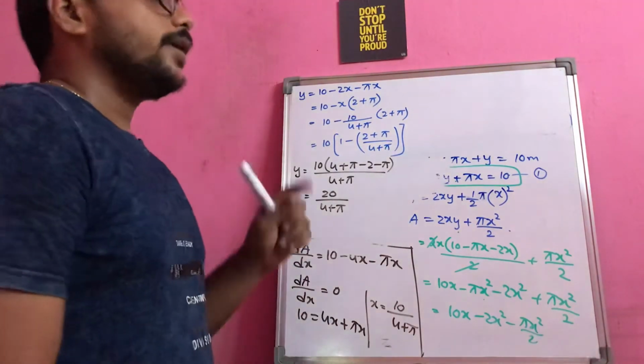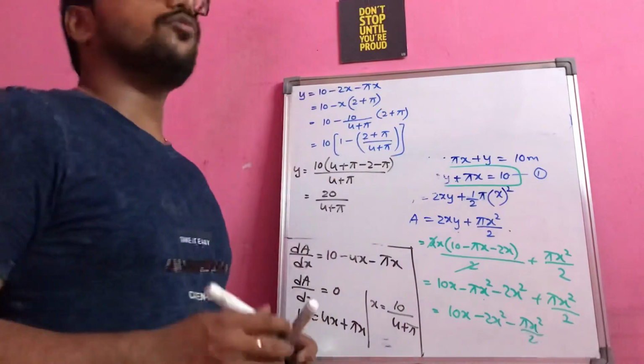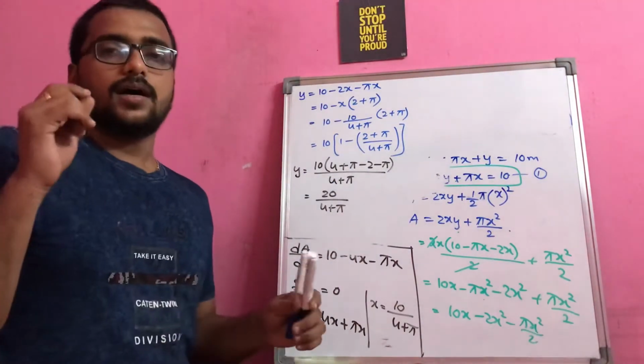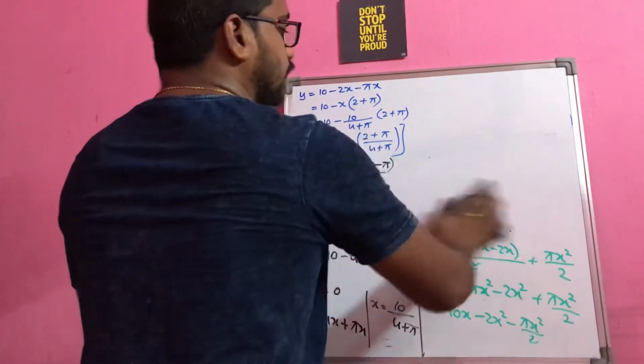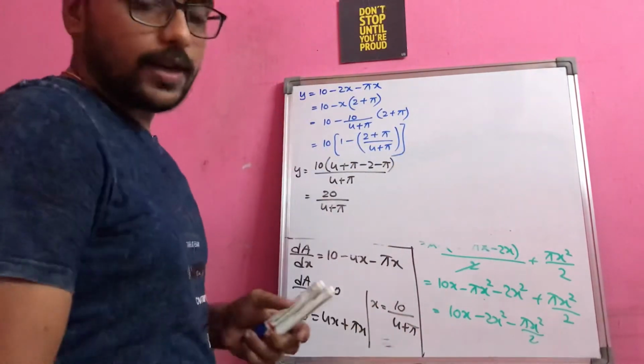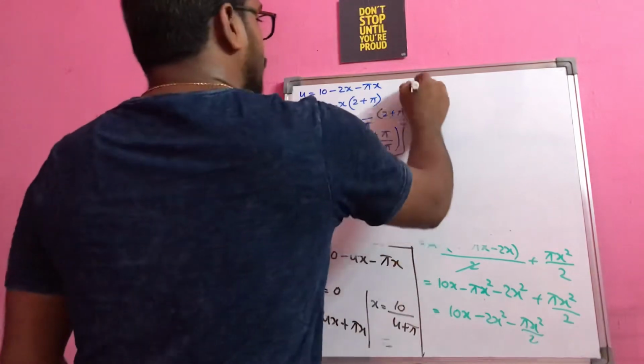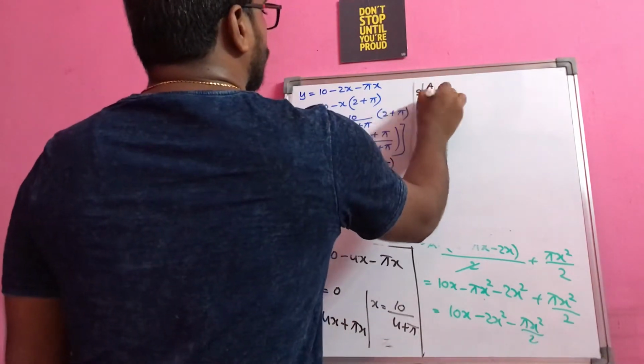Okay, but you see in this question we didn't prove the maximizing of the light. So maximization in the sense, we have to prove the second order derivative has to be less than 0. So let us apply differentiation for this. dA by dx is equal to